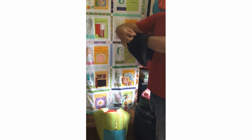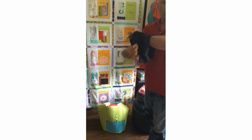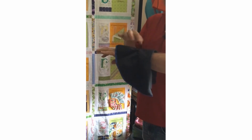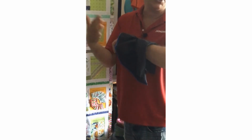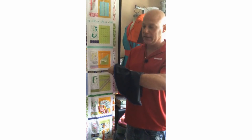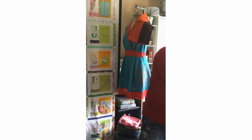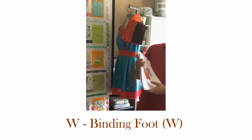And remember the days of pulling the two long basting threads, and you'd hope that those threads would not break. Oh, forget those, or zigzagging over some cord. Oh, forget that. You just use the gathering foot and it gets you all these beautiful even gathers, however much you need. You just make some adjustments in your machine and you can do tons of gathers very beautifully. So that was great. And then next is W